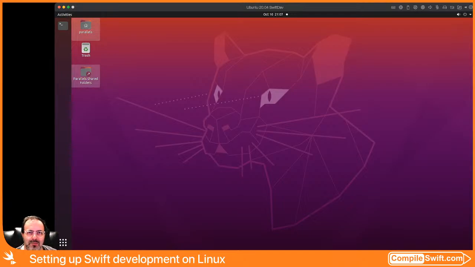So let me explain my setup first of all. I am running a Parallels VM here, so you know the full setup. I'm on an M1 Mac Mini, so an ARM chip, and I'm running the ARM version of Ubuntu Linux here, 20.04. And what I'm going to be doing is setting this up to do some